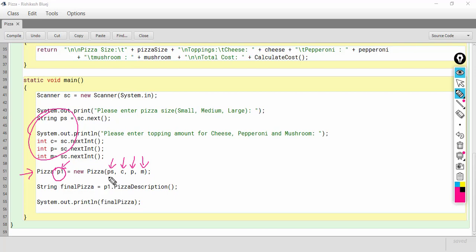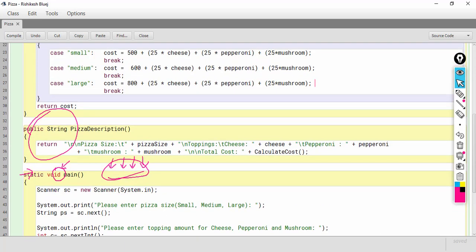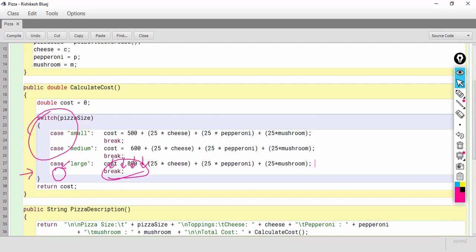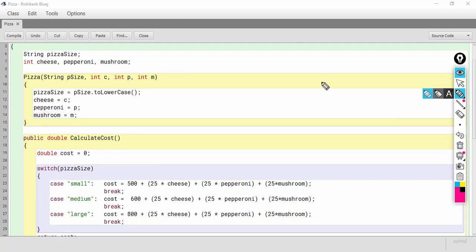So all these values get copied to the variables present here, and finally through this constructor the values get stored in the instance variables.